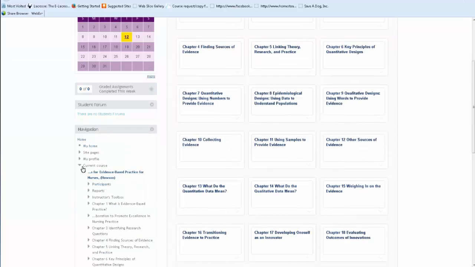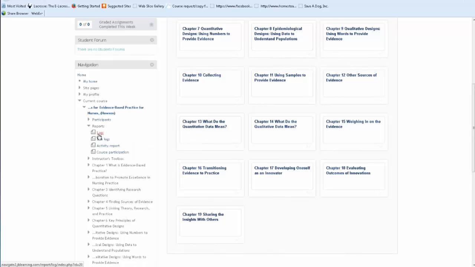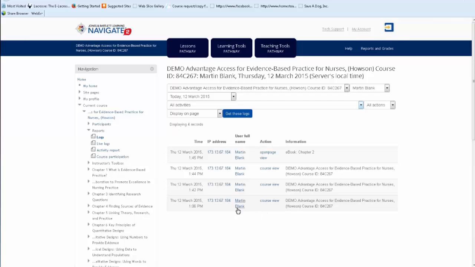So under the current course selection on the Navigate left-hand side panel are the report options. I'm able to pull up the underlying logs and then search for a particular student. So we can search today for the Martin Blank student that we've been logged in as, and then get the actual logs for Martin. So we can see that just today, Martin has accessed the course and then opened the